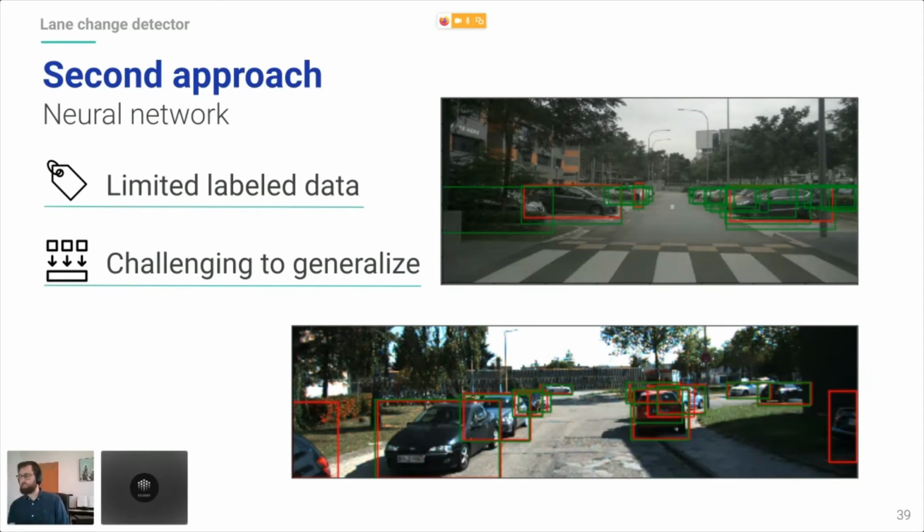So the red boxes are a prediction from an object detector, and the green boxes are the ground truth labels that are annotated by a human. And as you can see, of course, it's a different problem, but it's object detection. It requires a lot of work and a lot of time to label this data. And even though neural networks are quite good, one of our main challenges is that all the